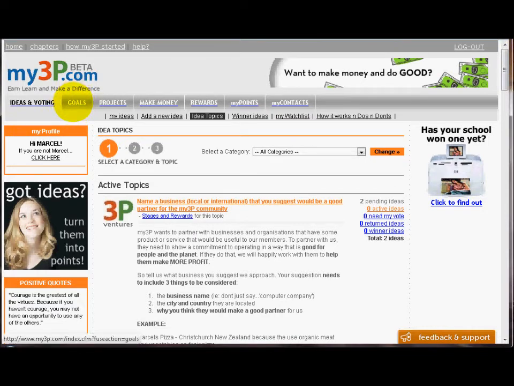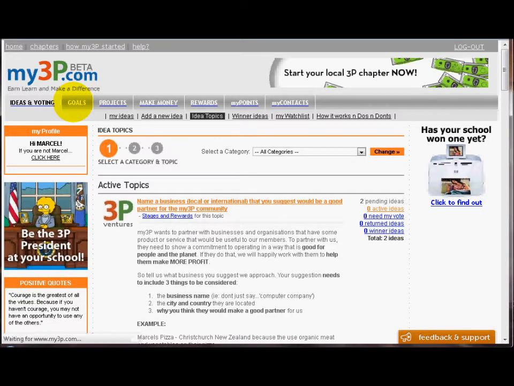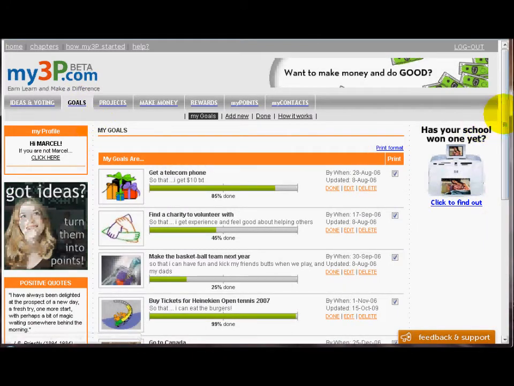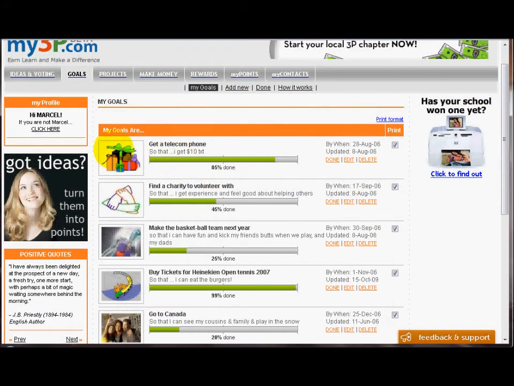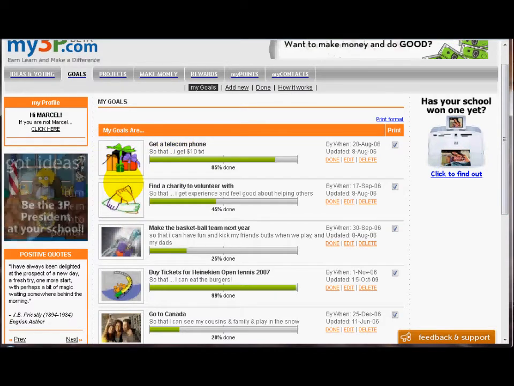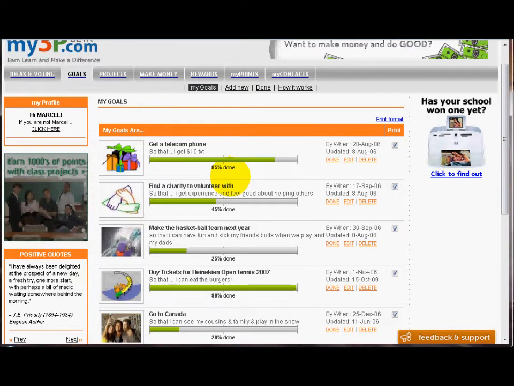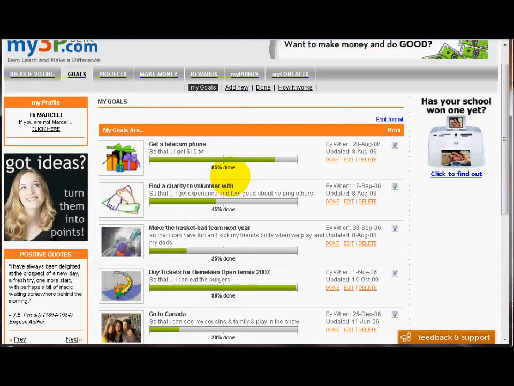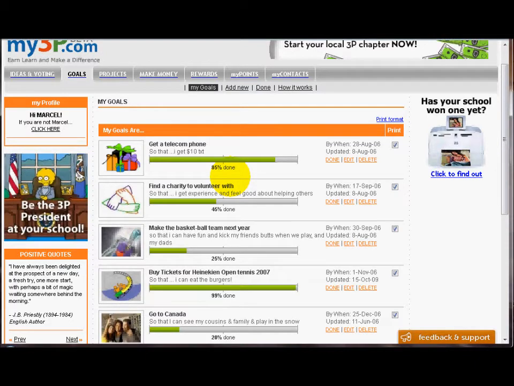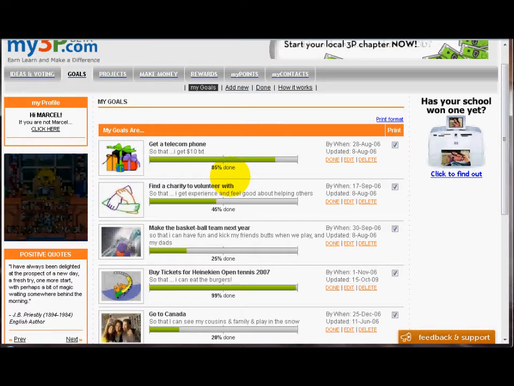The next section is the goals section, and this section was created so that users could create goals according to different categories. They could follow their progress as to how close they were to being completed. They could get updates by email on whatever schedule they wanted, every 3 days, or every week, or every day. And this section is going to move to a P2P model, in the sense that instead of them just having their own goals and working on them for themselves, this is going to be a section where they can invite other people to help them accomplish their goals, and they will pay the other people in points.